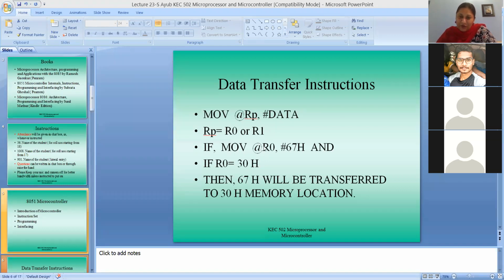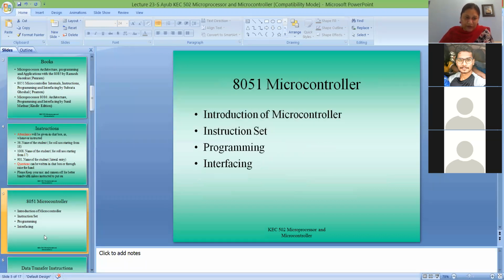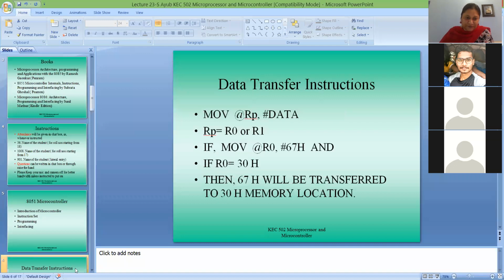It will go to the memory location which is pointed to by the R0 register. If R0 is containing 30 hex, then this 67 will go to the 30 hex memory location. For 2 days I have been explaining the operation of this @ sign, so I thought let me explain it with one example. We will move further with other instructions.